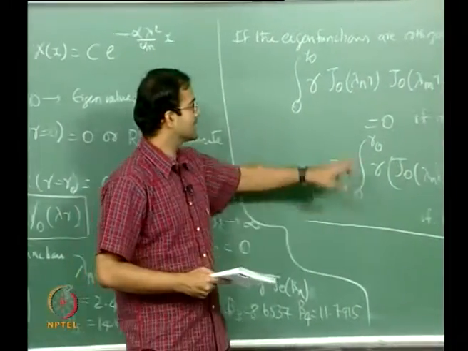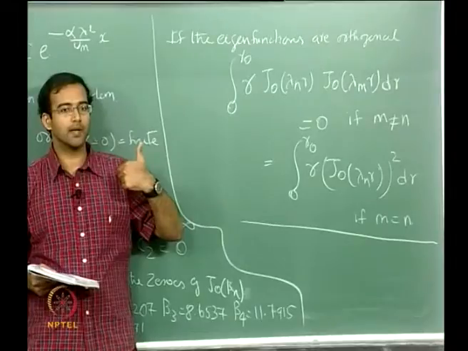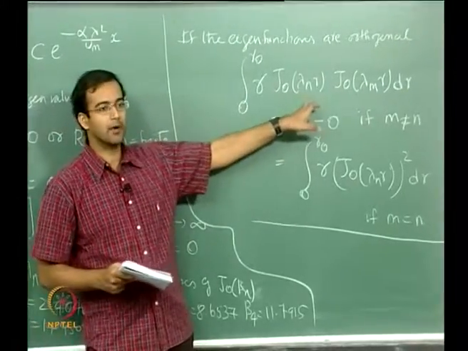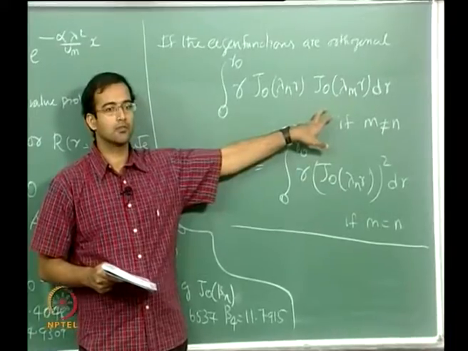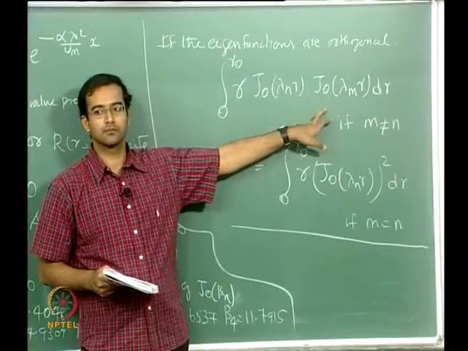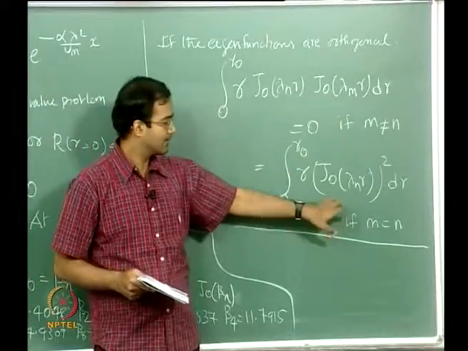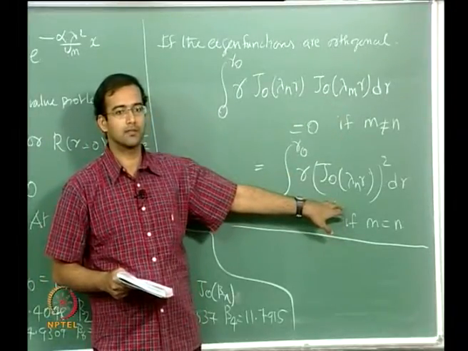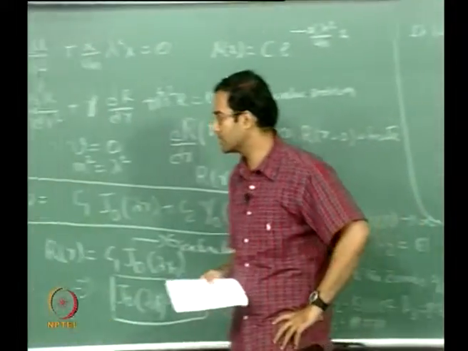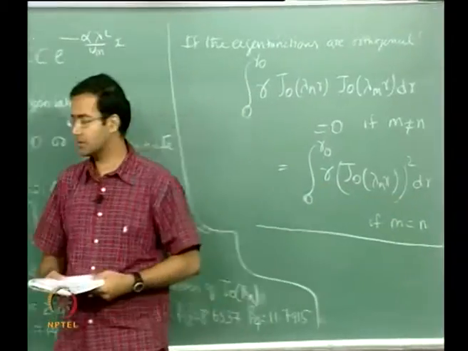So these eigenvalues are like principal directions, like your x, y, z Cartesian directions. These represent the variation of solution in those principal directions. If you multiply the solution corresponding to one principal direction with another, those two are mutually orthogonal directions, therefore the product will be 0. Whereas if you multiply in the same direction, then you get a non-trivial solution. This is where the principle of orthogonality plays importance, and when you are integrating r J0 squared from 0 to r naught, we will use this particular identity here.